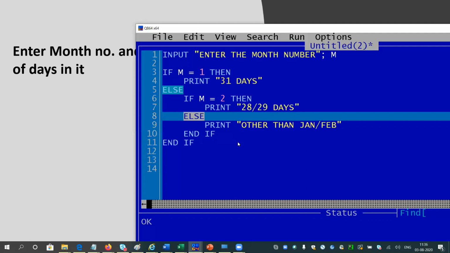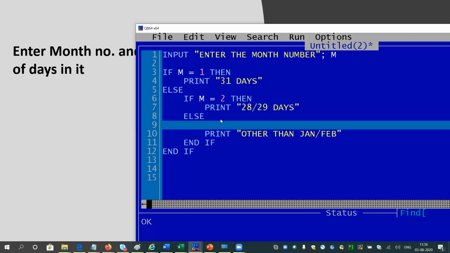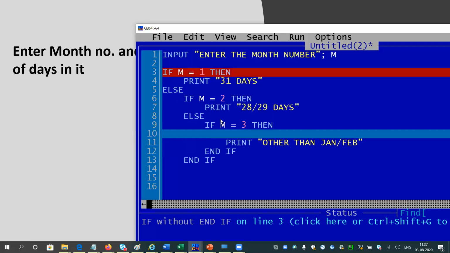Okay, so now let me proceed further. Inside the else block, I will get all the numbers including 3, 4, 5, 6, 7, 8, 9, 10. So I will write if m equals 3, then I will print the month is March, 31 days.